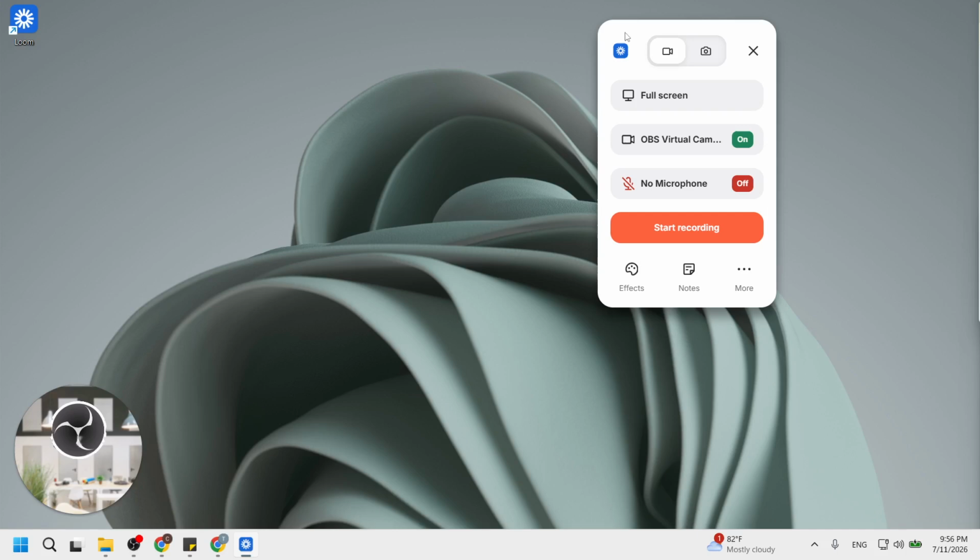After that, start playing your music in the background and hit record. This is where the magic happens. As you begin recording, the music will blend seamlessly with your voice or any other sounds you want to capture. You'll notice how the audio comes together to create a more engaging experience for your audience. This step truly enhances your video's appeal, making it enjoyable and professional. Take a moment to ensure everything sounds great before finalizing your recording.